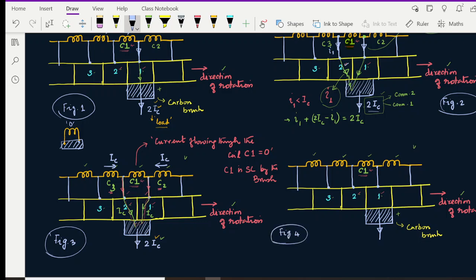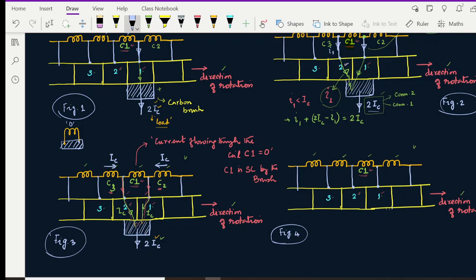In figure 4, I am going to change the position of the carbon brush with respect to the diagram, but actually the position of the carbon brush is not changed. The position of the brush with respect to the commutator segment, or the commutator segment exposed to the brush, is changed. So now,